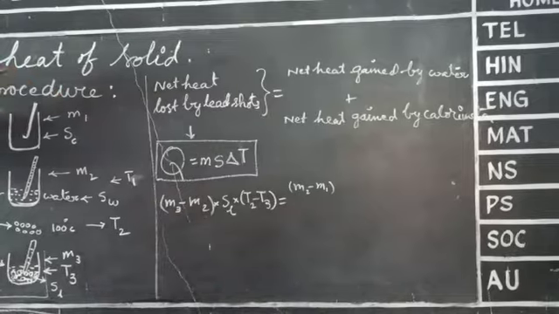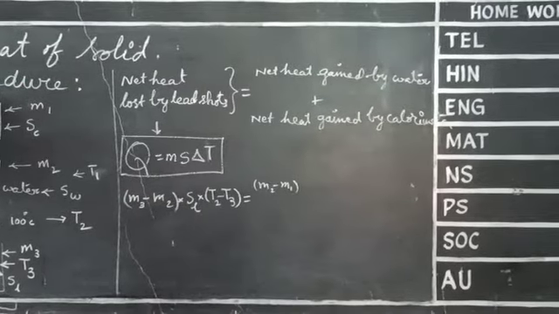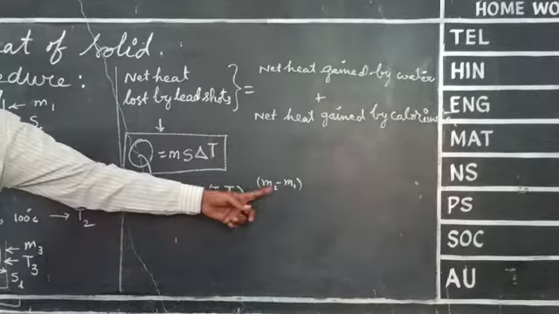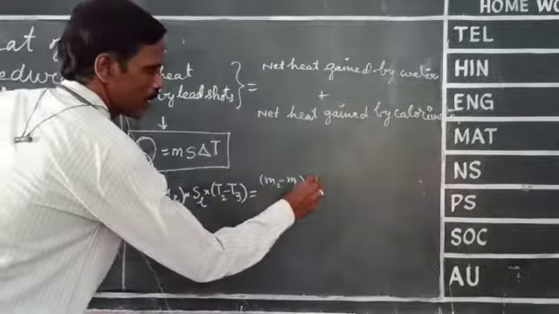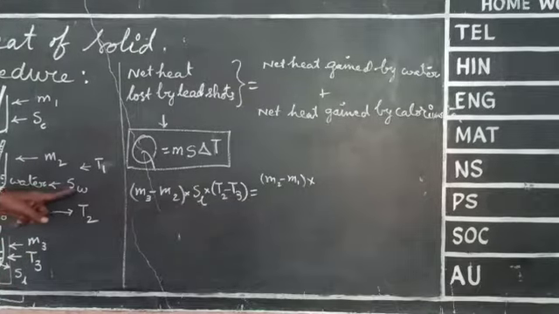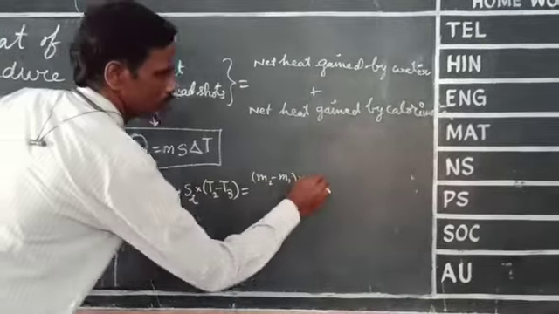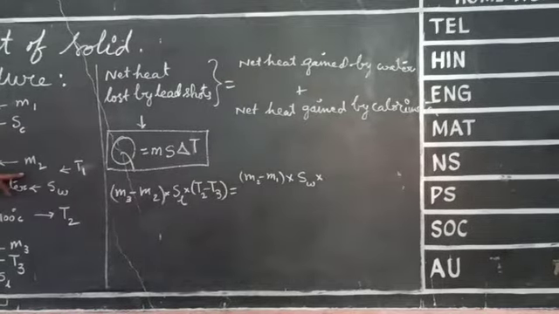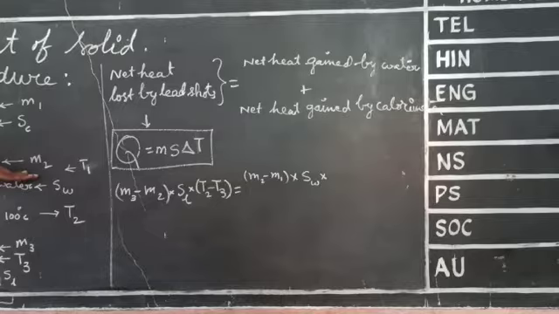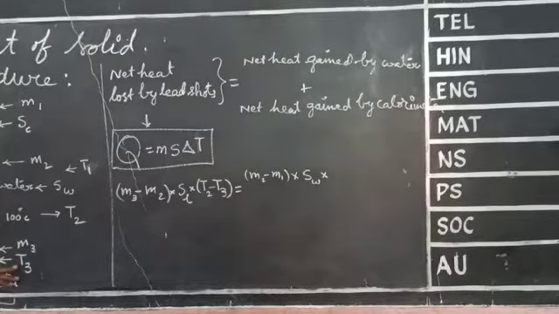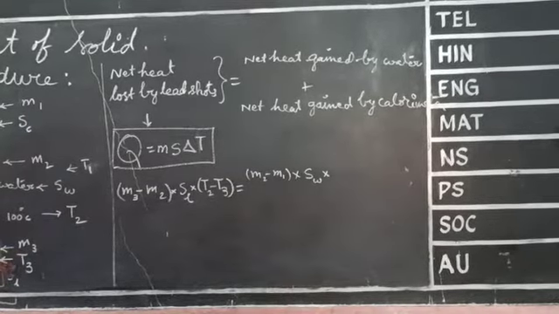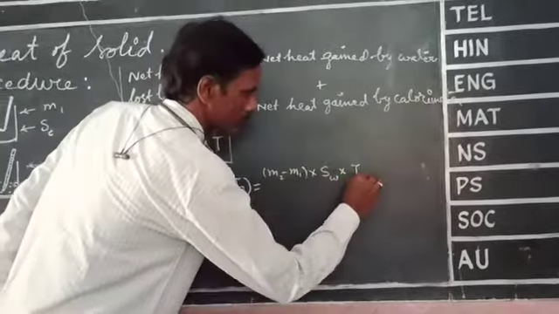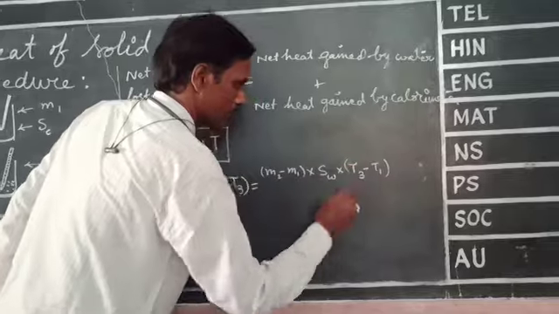That is, by subtracting the mass of calorimeter from the mass of calorimeter plus water, we get the mass of water, into the specific heat of water, which we assume as SW, into the change in temperature. Initially, it is at T1. Now, as the temperature is raised, the difference between the temperatures is T3 minus T1, plus,